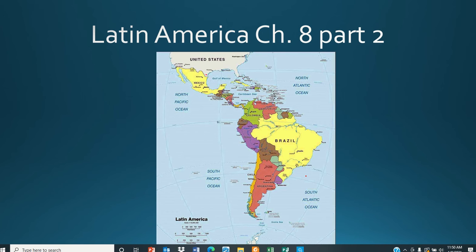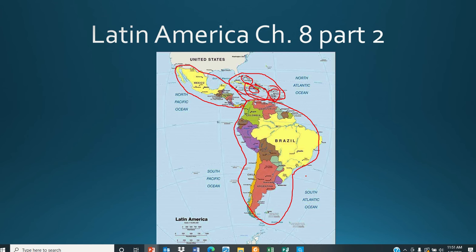So Latin America, very quickly, Middle America is Mexico and Central America. That makes up Middle America. Central America are these 7 countries. Then we have the Caribbean, that's right here. Pretend I didn't circle part of Florida. And that is made up of the Bahama Islands, which are right here. We have the Greater Antilles, and the Lesser Antilles. So Bahamas, Greater Antilles, Lesser Antilles. Then we have all these countries right here in South America. So Middle America, the Caribbean, and South America make Latin America.